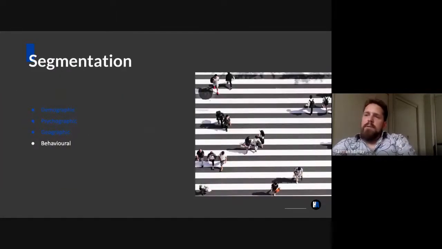Segmentation, very similar thing. So we've got 3 areas here that are all in blue and one that's in white. Demographics being the classic type of segmentation and the one you'd all probably know the best. Demographics based on your age, could be your ethnicity, could be your name, the kind of job you have. Demographics being the classic usage of segmentation that's existed for years. If you're purchasing TV at the moment, you're purchasing it on demographics most of the time.